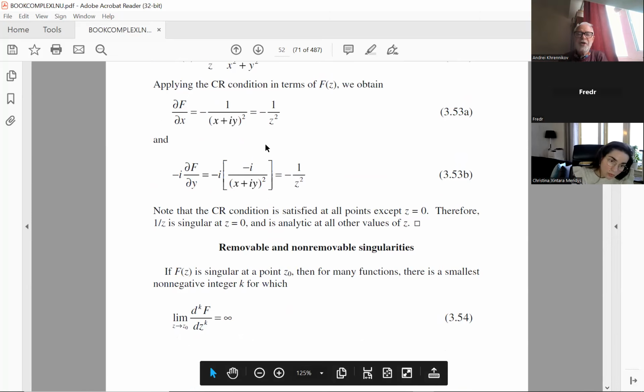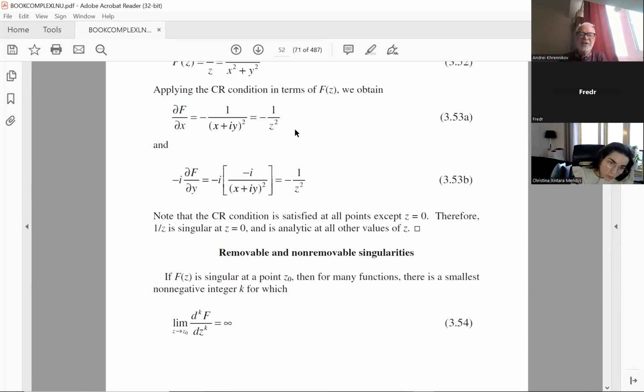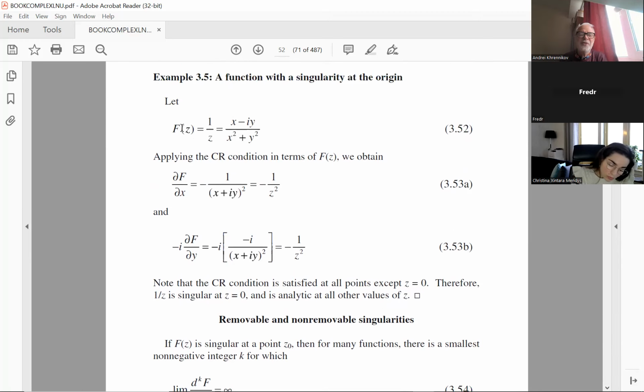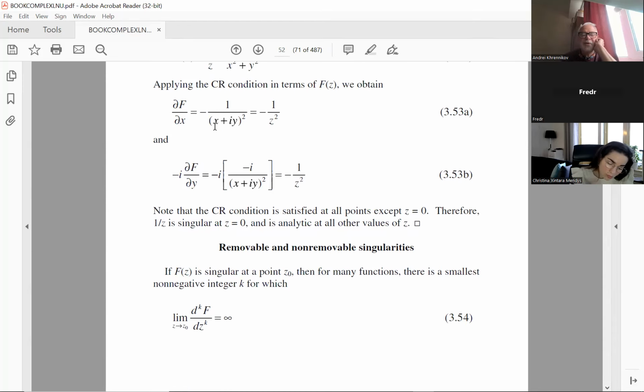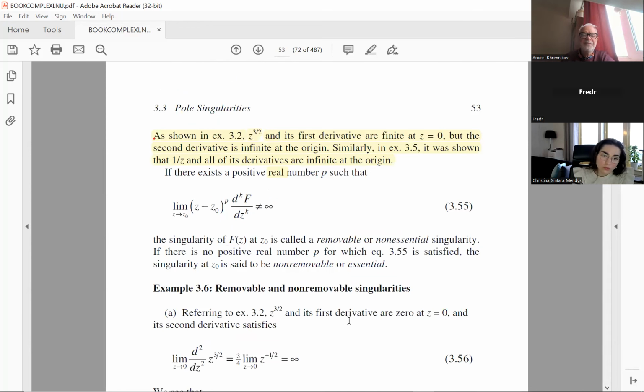So here is a very good situation. Immediately the function by itself, the derivative of order 0, goes to infinity. But maybe, and we shall consider an example on the next page, it can happen that the function by itself does not go to infinity at the point z0, but some of its derivatives do. So suppose there exists such a case that the derivative of order k is not defined at the point. Then this is a singularity corresponding to this degree k.